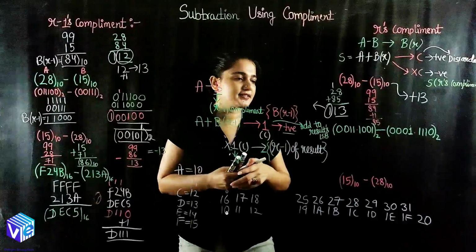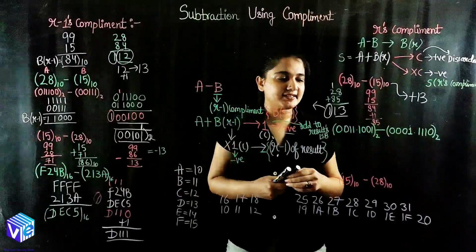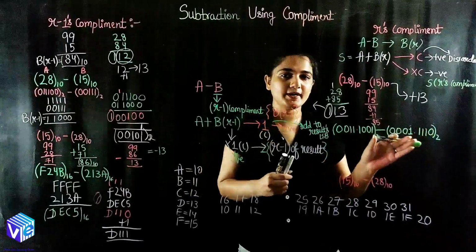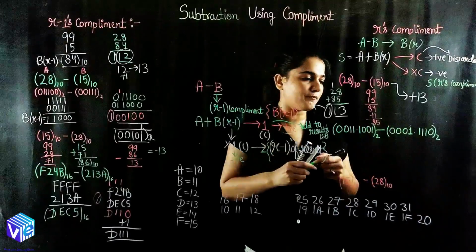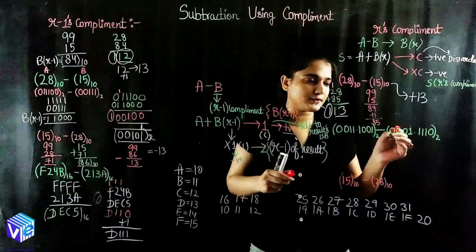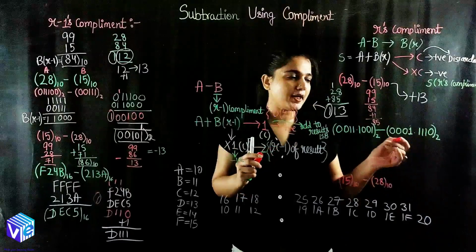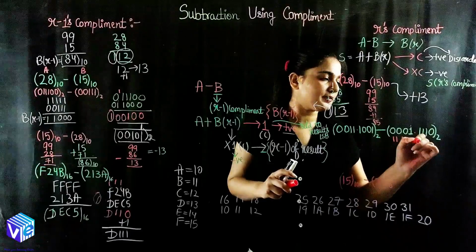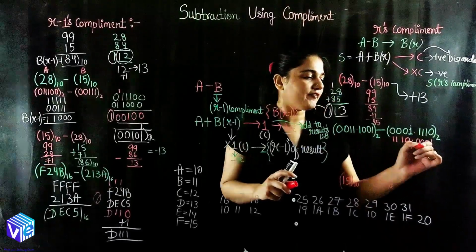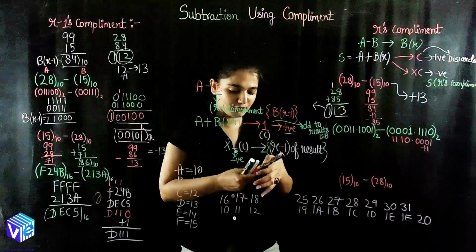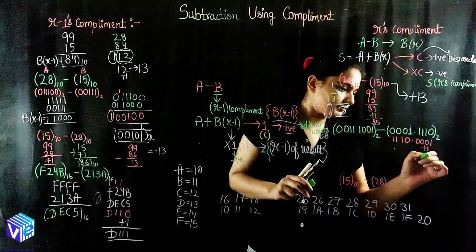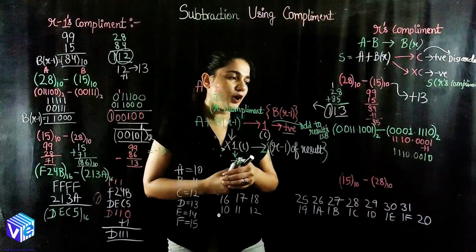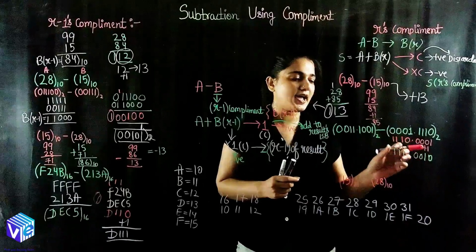Okay, so now the next question. Here we have the decimal also. So now we have to take the r minus 1's complement of this number. Then we will be adding 1 to find the r's complement. So first of all, the r minus 1 complement. We will be inverting 0 to 1 and 1 to 0. So the r minus 1 complement will be 111 0.0001. Now we will be adding 1 to find the r's complement. So it will be 1110.0010. So this is my r's complement.